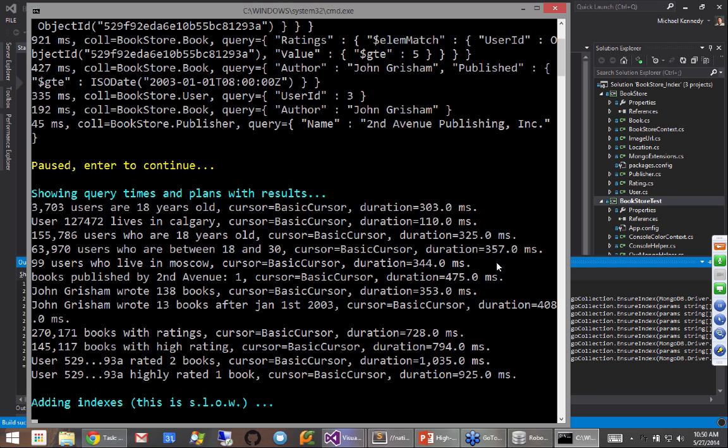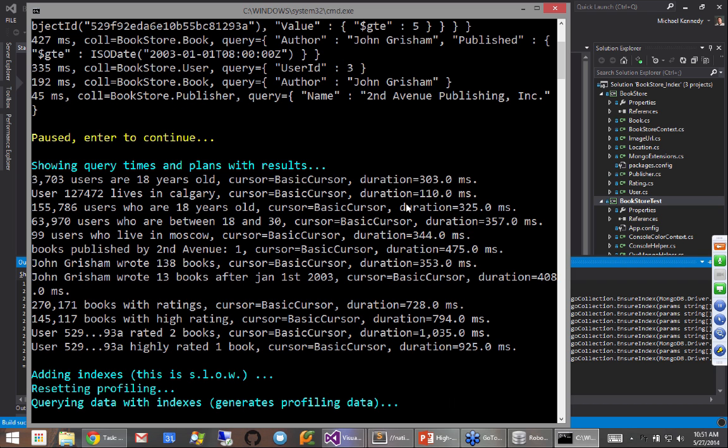So this takes, I think, about 30 seconds. It's probably almost done. And then it's going to run these queries again, and it's going to clear out the profiling like we did and see if there's any that are slow. And then it'll also ask these same questions over again. You should see B tree cursor here for the ones using the indexes, and this number should go down for the most part. Yeah, sorry, hang in there. It's a little slower with the screen recording and all that.